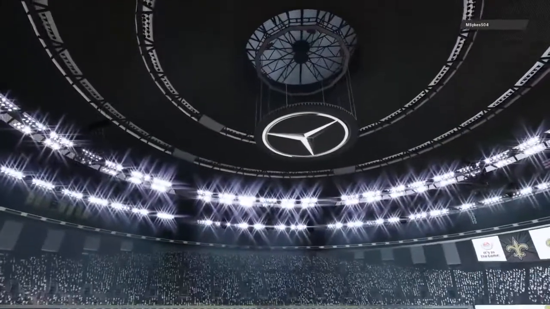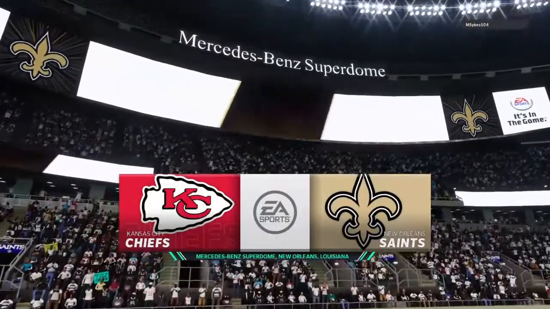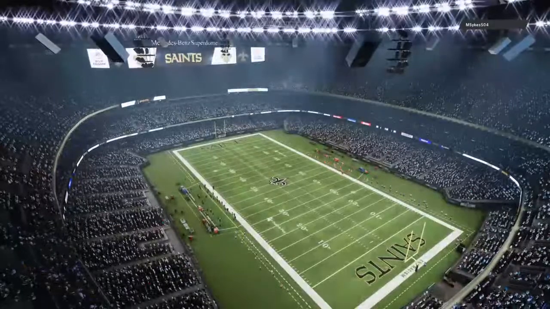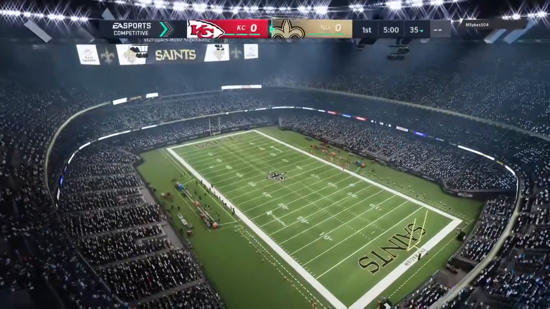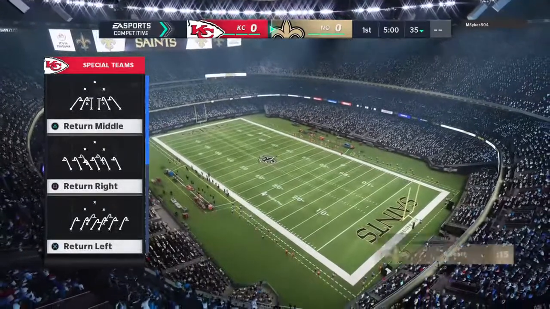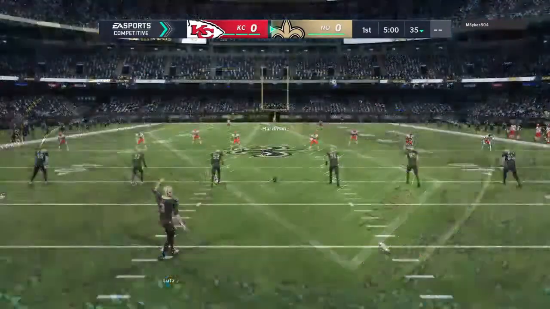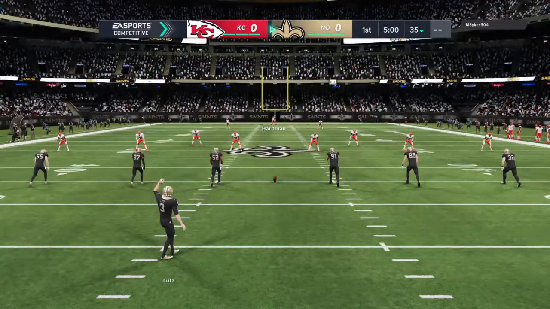EA Sports coverage of the NFL has us at the Mercedes-Benz Superdome in downtown New Orleans. This is what it looked like just a moment ago in the heart of New Orleans. Folks, there's no place for this noise to go in the Superdome. It is loud, and these fans are ready for football as their Saints get ready to do battle with the